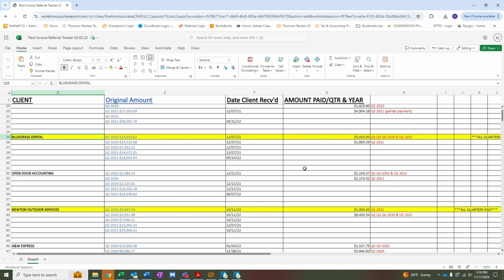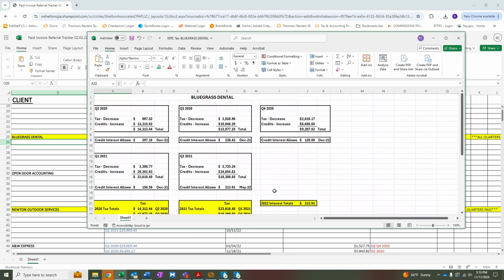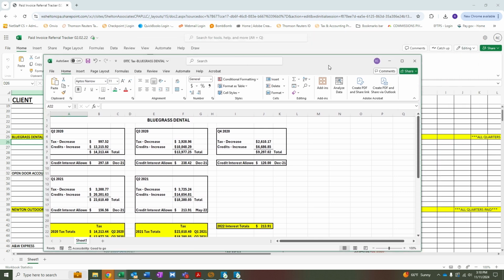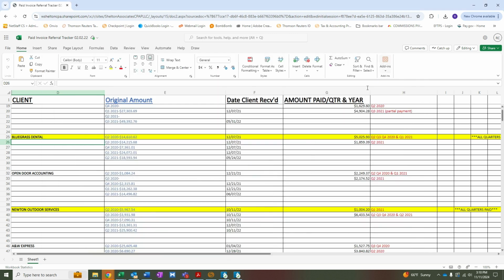So what I need to do is take all of this information right here, these totals from the original amount category. So I have 3 years right here for 2020. I need to create a spreadsheet and add these numbers up. For the sake of time, I've already got the spreadsheet handy, and these numbers, quarters 2, 3, and 4 of 2020, are all broken up, and it's very important that we look at the original documents to see what the interest was. So in order to get the original documents, we need to not just rely on this number all by itself,